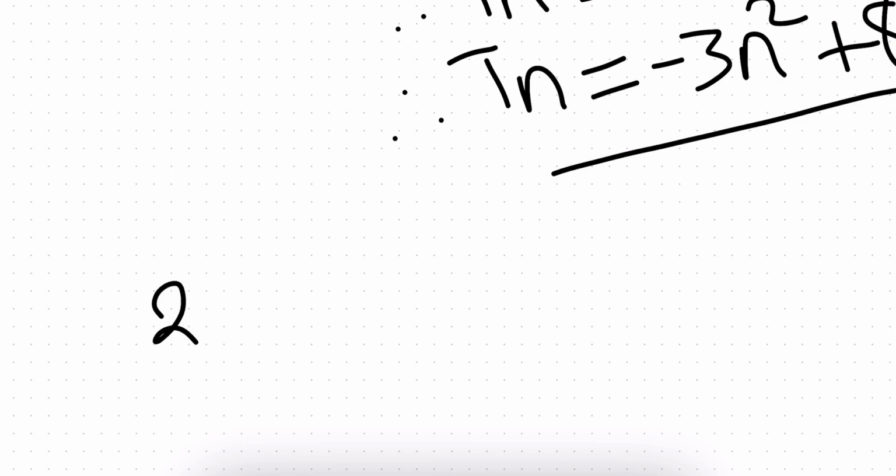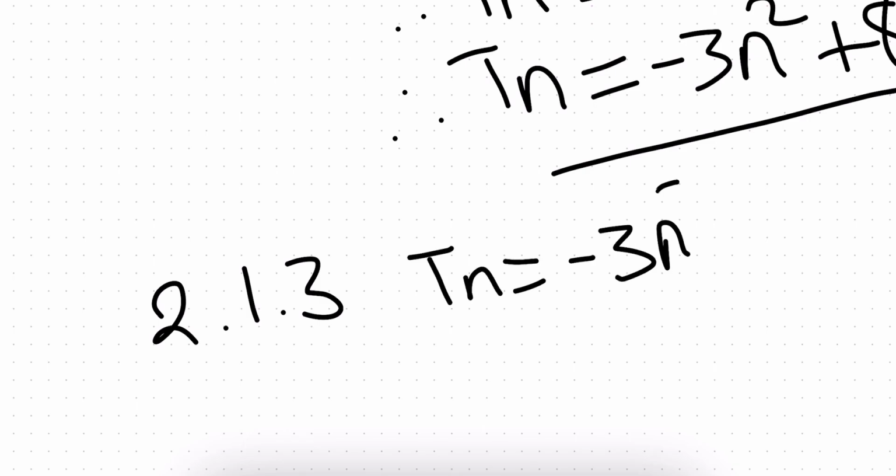2.1.3. Your Tn is the one that you determined above, right? So your Tn is equal to minus 3n squared plus 8. But your Tn is equated to what? They're saying which term is equivalent to